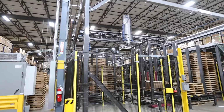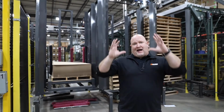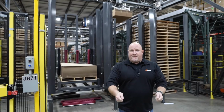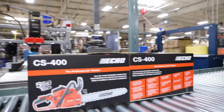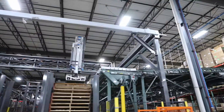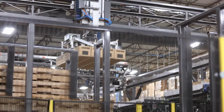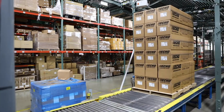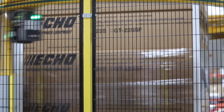We're over here at Central Palletizing, and what this is basically automated palletizing. In the past, we had people lifting boxes by hand. They would bring them over in a pallet jack. They would wrap the pallets manually. And now what we've got is we're conveying product from final assembly on the other side all the way over here to Central Palletizing, and the robot's picking up a row of 3 separate units of product. They're bringing them over, they're palletizing them, and then they're building that pallet, and shortly after that it goes out and wraps. So not only does this improve safety from an aspect of not lifting boxes over our head, but